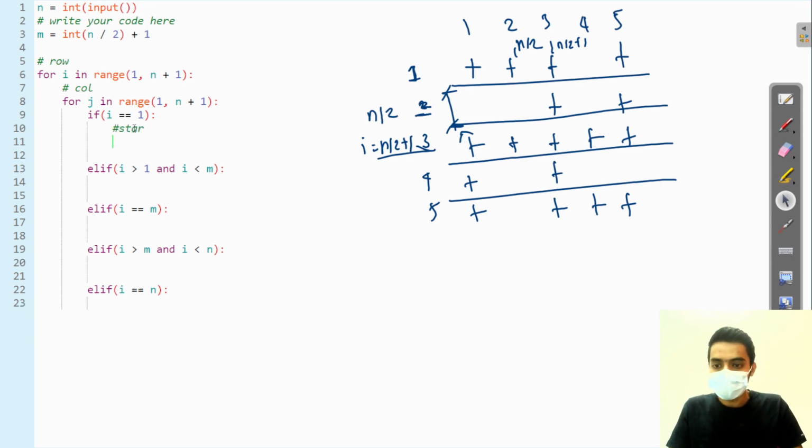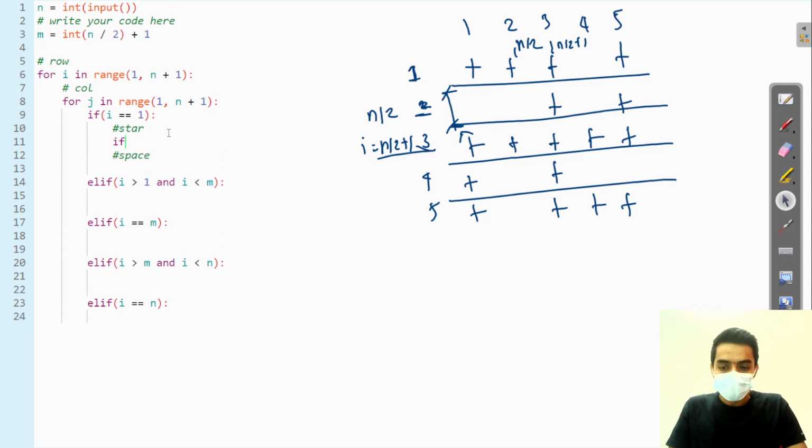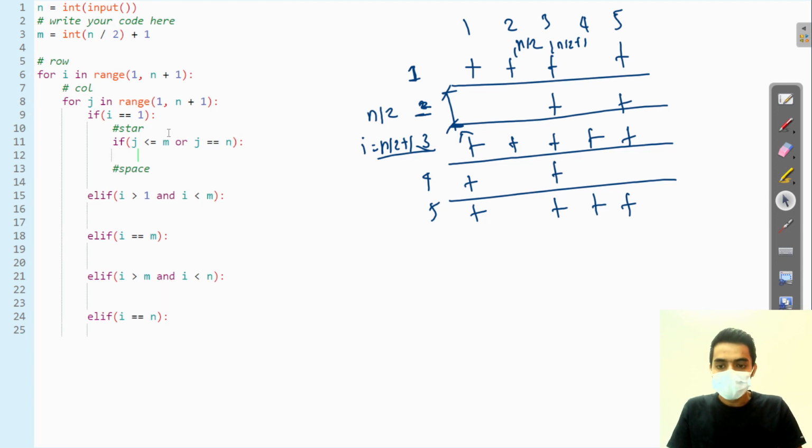After that we want to print spaces. For the star, if j is less than or equal to m, or if j is equal to n, then we need to print star with the backslash tab and end at this.